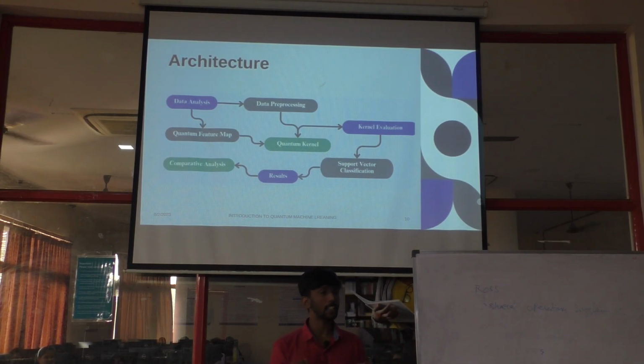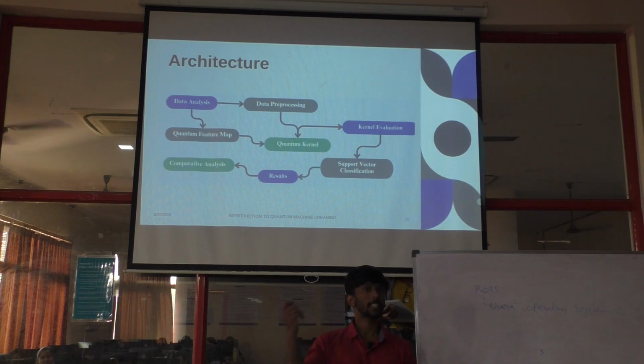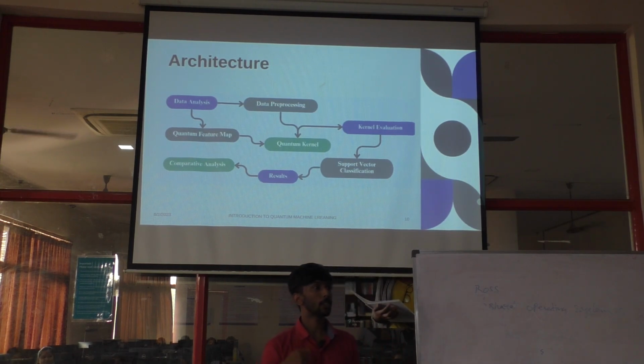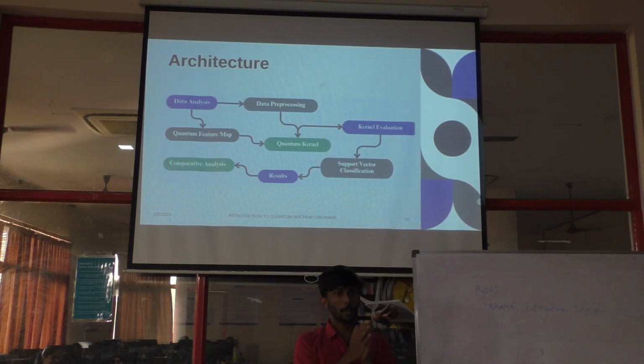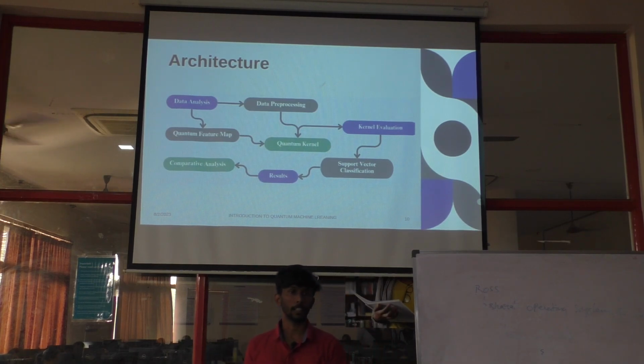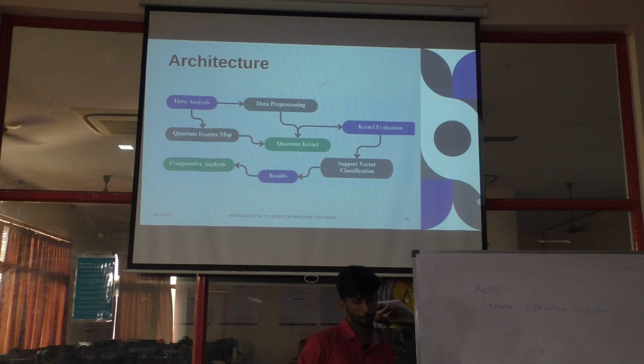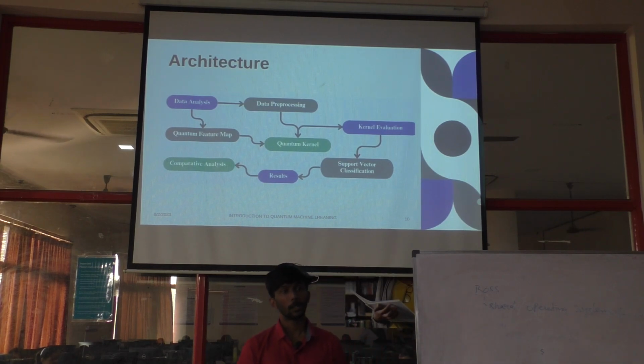Now what we do in quantum support vector machine is, it's no different than the classical support vector machine, but instead of a classical kernel, we put that in a quantum kernel. We try to build a quantum kernel and get the data through it, and then perform the similar support vector machine evaluation. So the only change here is, instead of the classical kernel, we use a quantum kernel and quantum functions to actually build that value.